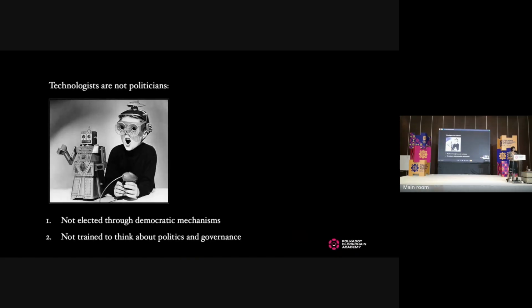So the issue is, of course, that the builders, the people that are actually building the technology, are not politicians, and vice versa, the politicians are not builders. So there's this kind of gap in between the two. Technologists are actually making a lot of design decisions, but the actors that are making the decisions, on the one hand, are not elected through democratic mechanisms, so they don't have a representation of people that want a particular design, but also they are not trained to think about politics and governance, and this is what hopefully will change after